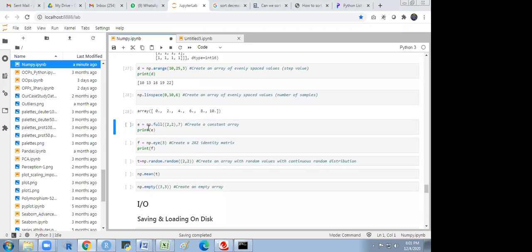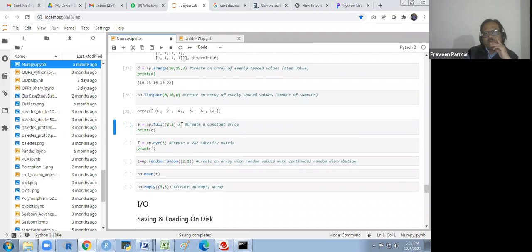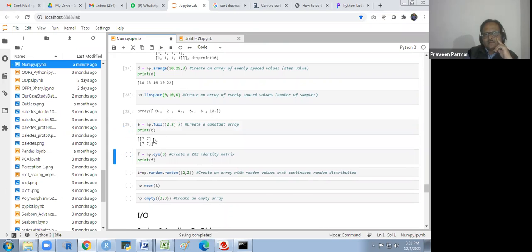Then numpy full 2 to 7 creates a constant array. So it will take 7 everywhere as a scalar value, and 2 by 2 we will get a matrix like that. Got it? Scalar matrix we are making here, and creating a 2 by 2 identity matrix.